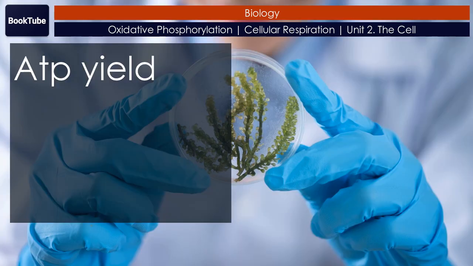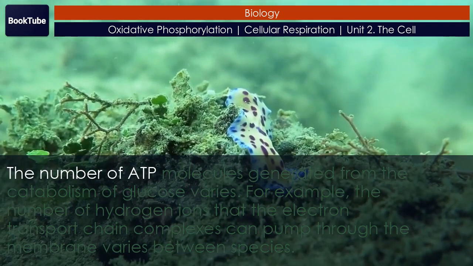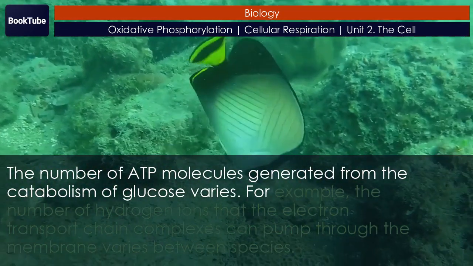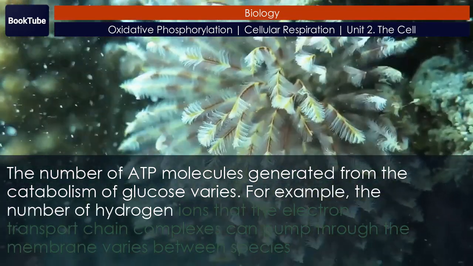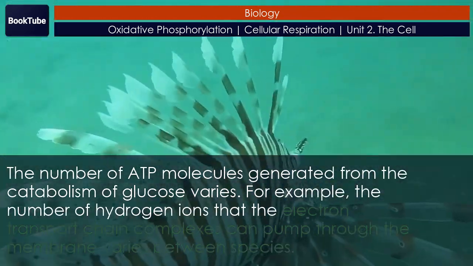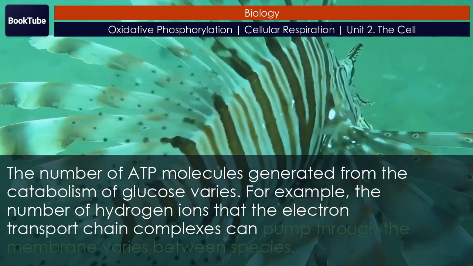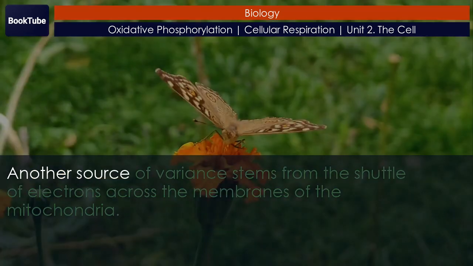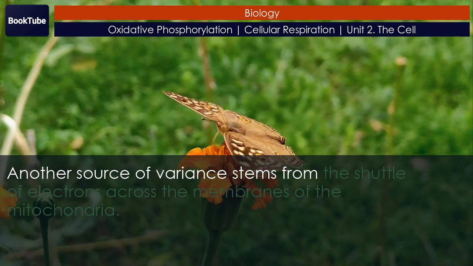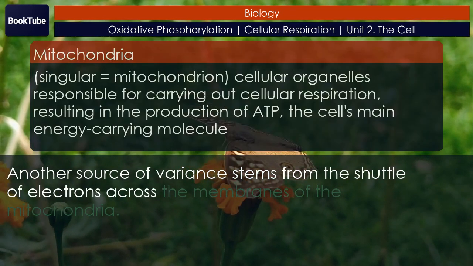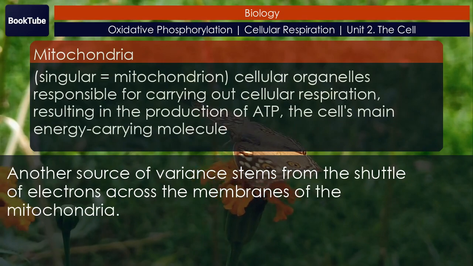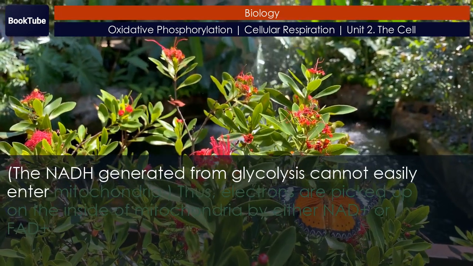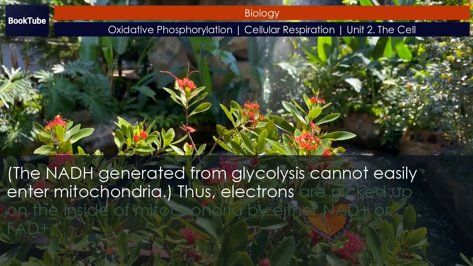ATP yield. The number of ATP molecules generated from the catabolism of glucose varies. For example, the number of hydrogen ions that the electron transport chain complexes can pump through the membrane varies between species. Another source of variance stems from the shuttle of electrons across the membranes of the mitochondria. The NADH generated from glycolysis cannot easily enter mitochondria. Thus,